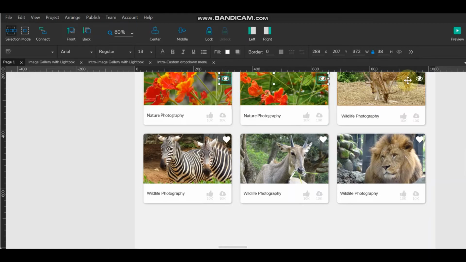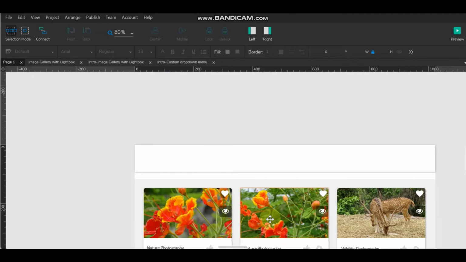The same we will take from the top and keep for the image. Now the next, you can select this and make it middle if you want, and then